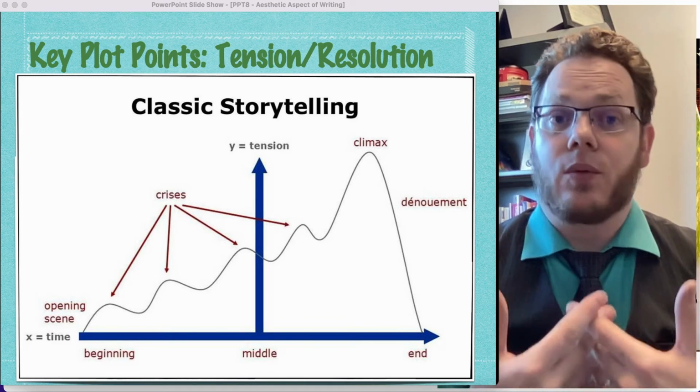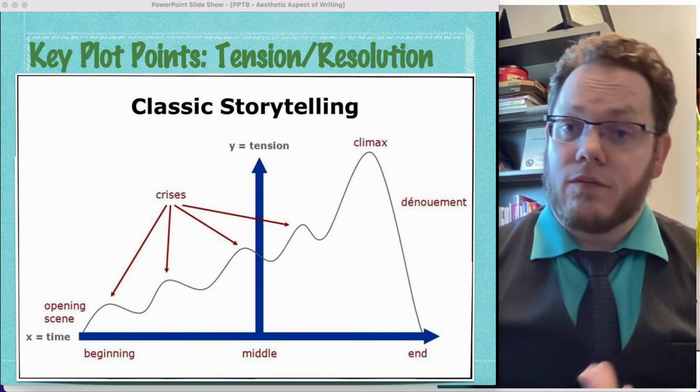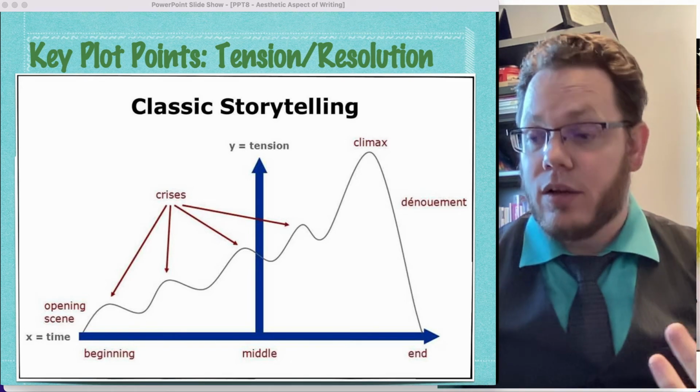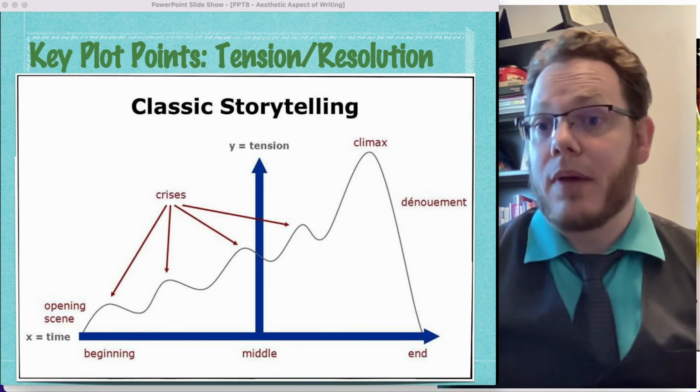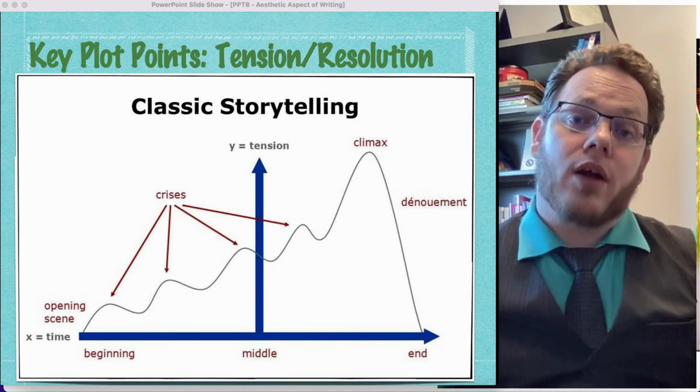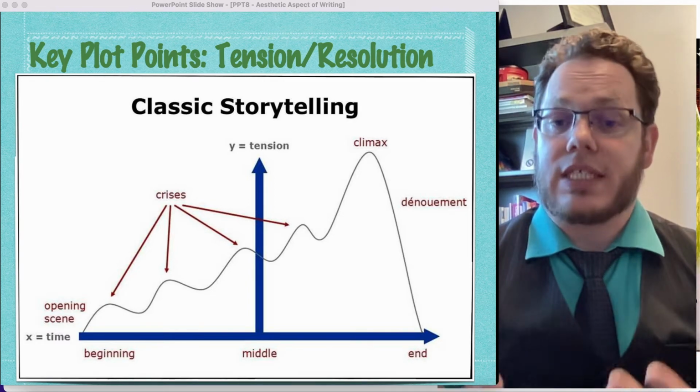And rhetorically, we choose where to start, where to finish, and what scenes to include, even if it's a nonfiction text about our own lives and we're writing, or if we're writing an autobiography, or more likely, more targeted, a memoir or something like that. So there's broader applications than just a traditional novel or short story or creative aesthetic approach.